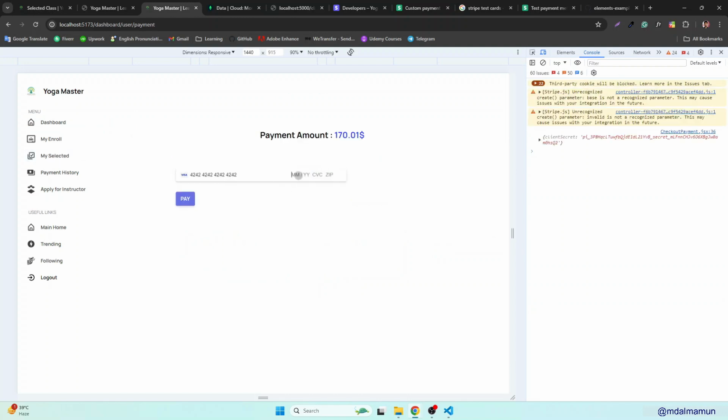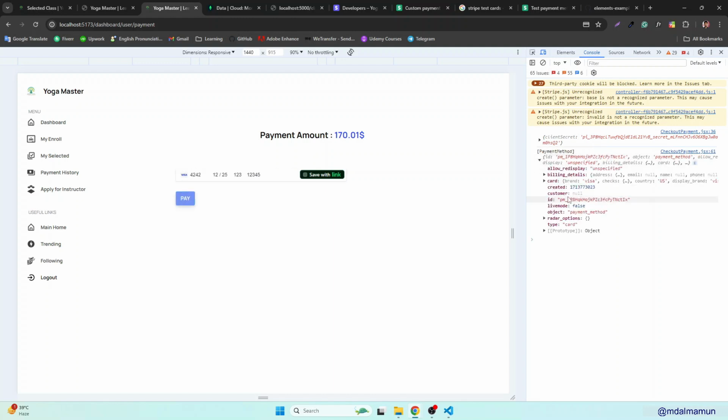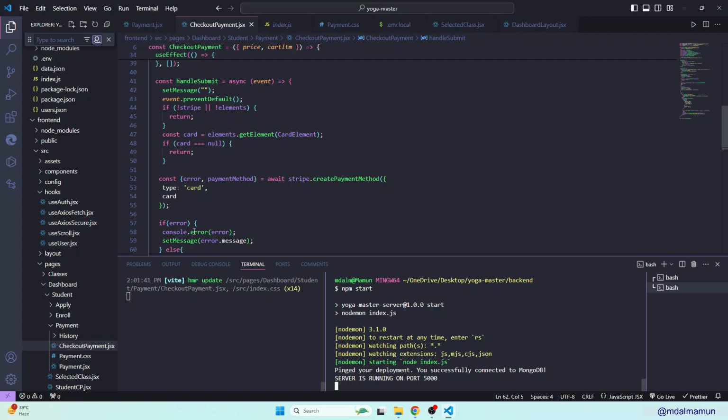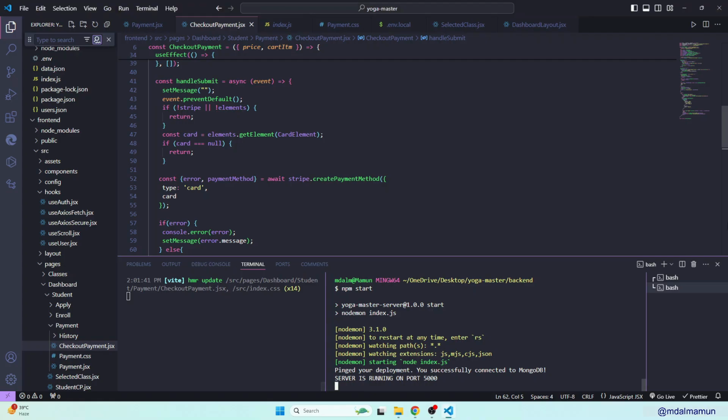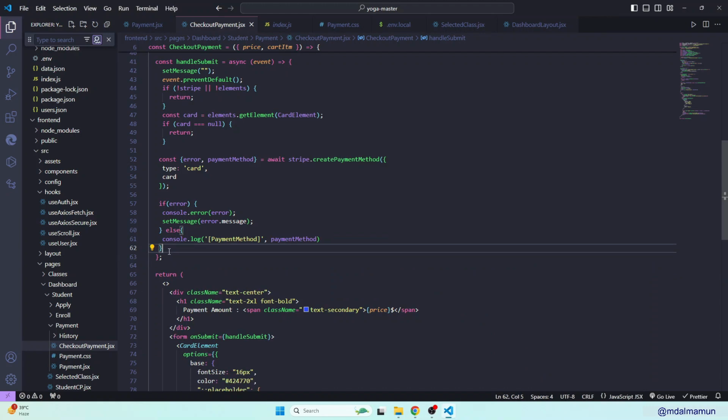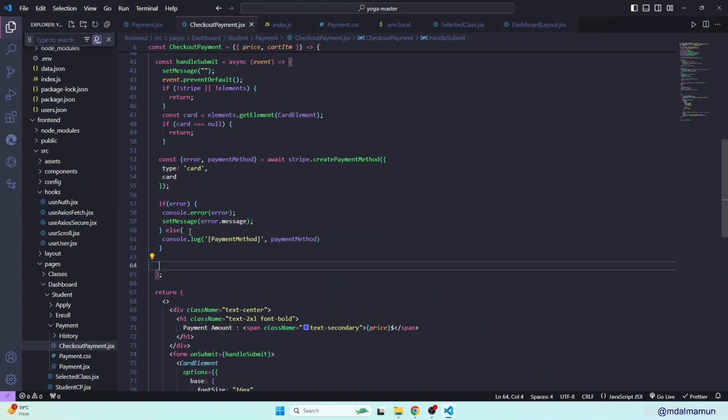We'll pass a payment card, 25 on 3 on 345. If I click this pay, then you can see we're receiving a payment method. If you have received this and there is no error, then the next task is you have to make sure, after this, that we'll define